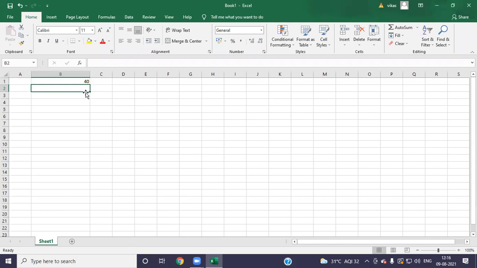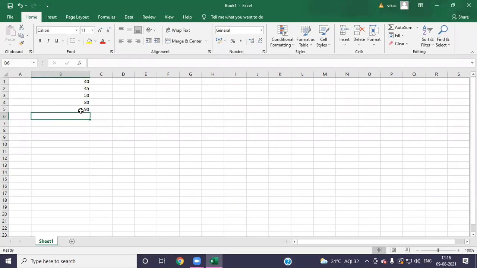Those marks which are above 40 and up to 60, it has to come into the yellow color. Those above 60 and less than 80, it has to come into the light purple color. And those above 90, I want to show into the green color. So my dear students, just now see how we will do.